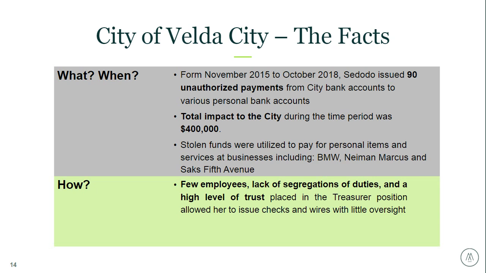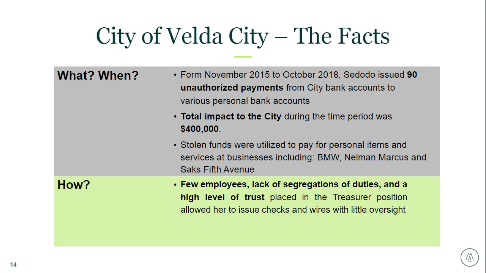And if we stop there and pause for just a second, you can start to see some of those red flags that may have been present. And of course, the Association of Certified Fraud Examiners notes in their report that the most common red flag in fraud cases studied was fraudsters living beyond their means, and I think Ashley alluded to that as well. And that can be hard to identify in the moment, as everyone has a different financial situation, of course, but in hindsight for this case, we can definitely start to piece together that Veneta was spending a lot at very high-end retailers and on luxury vehicles that didn't seem to match up with her salary at this smaller city.